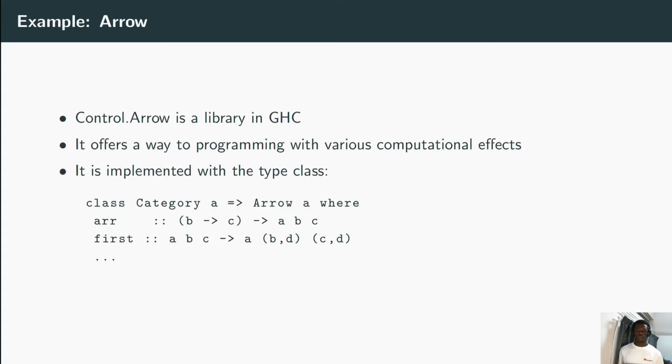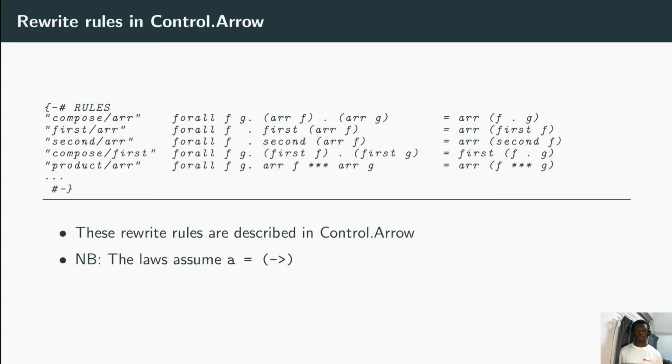We experimented on the Arrow library of GHC. The library Arrow provides a way of programming with various computational effects in Haskell, and it is implemented with the type class of the same name, Arrow. And the library has defined several rewrite rules, which assume that the Arrow is the function constructor. When we ran GSOL on the library, it reported 8 critical pairs,